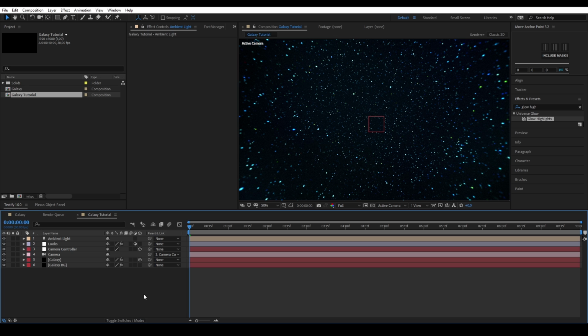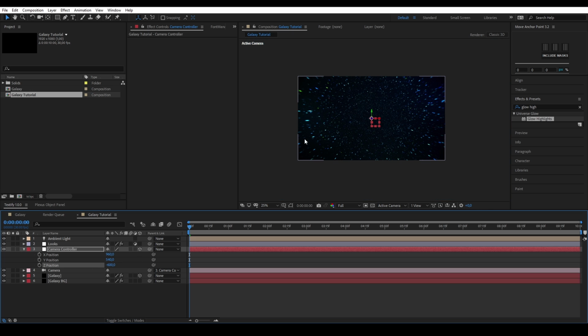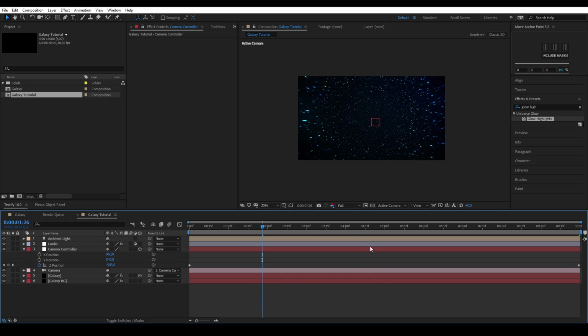We can also create a very cool zoom by going to the camera controller and pressing P on our keyboard. I'm going to make this one minus 600. And as you can see, the optics compensation is in full effect here. We can keyframe it, go to the end of our clip, and I'm going to make this one minus 300. This will create a really cool effect. As you can see, it will slowly zoom in